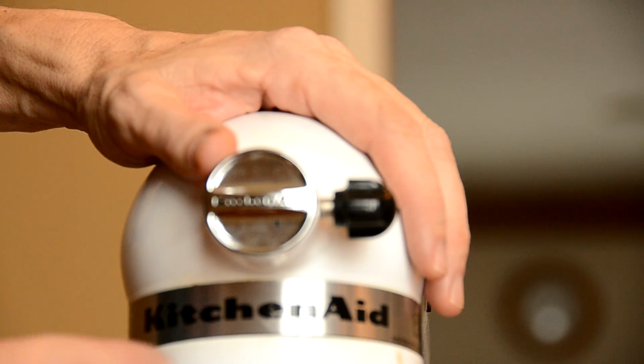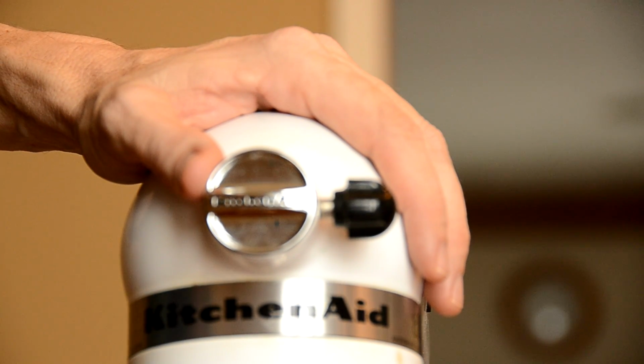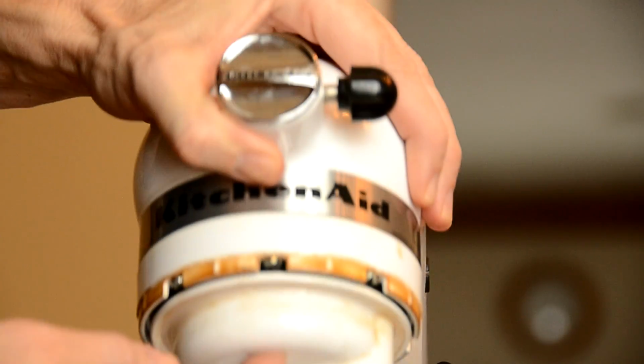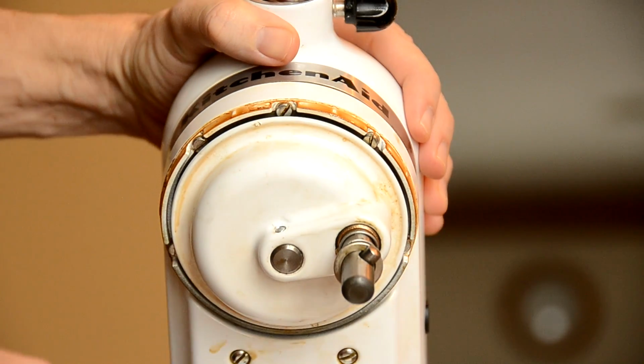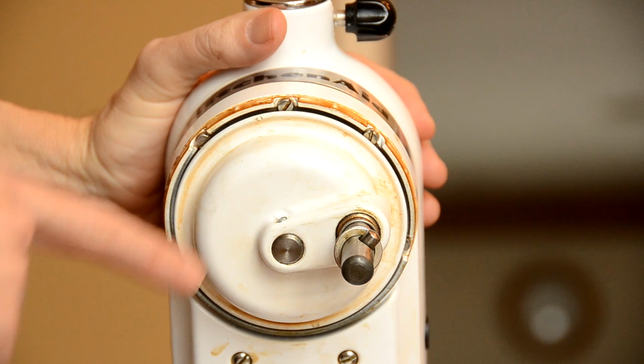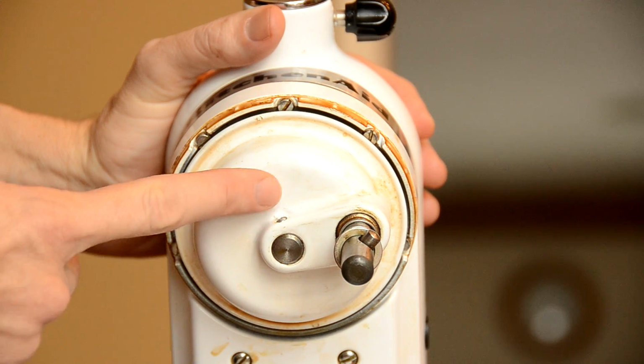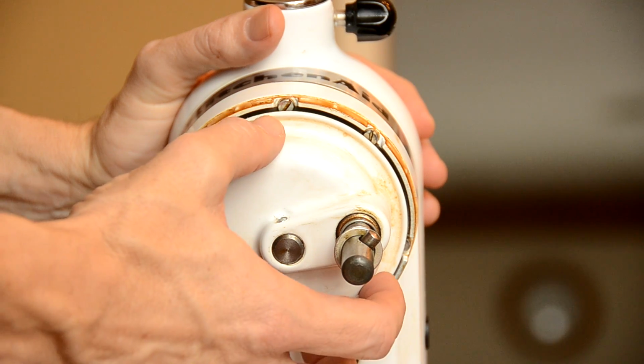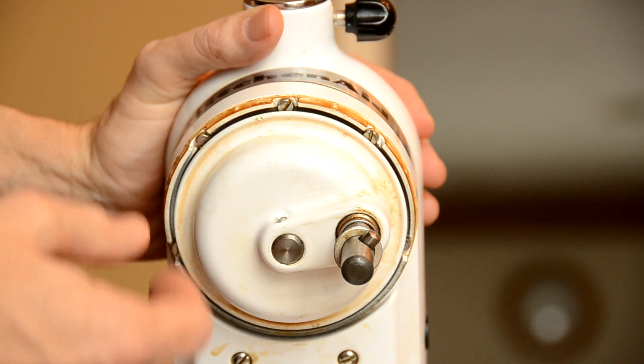All right, now that we have the ring off, we need to go ahead and remove the bottom assembly here. We're going to jump right into that now. I'm just going to tilt the unit back. The reason for this is we first need to take this pin out right here in the center. And once we get this pin out, this bottom assembly is going to come down, and it's going to expose